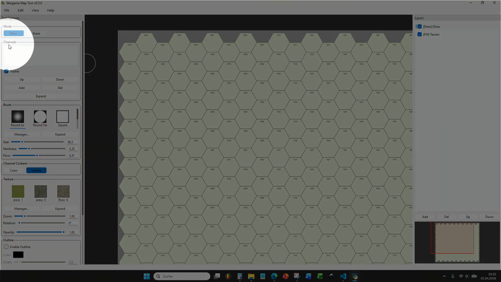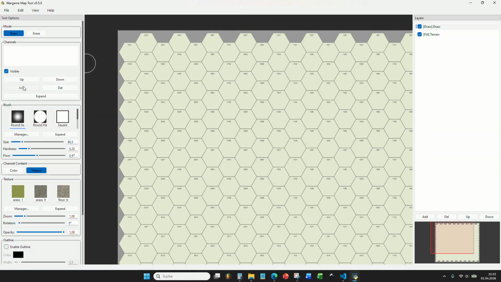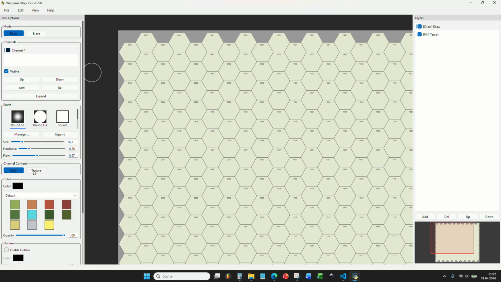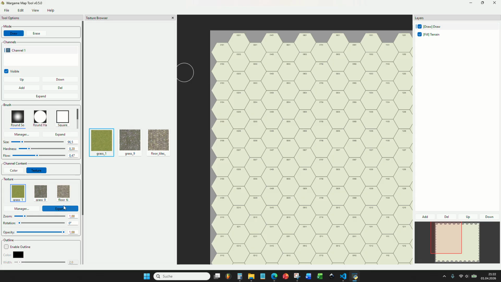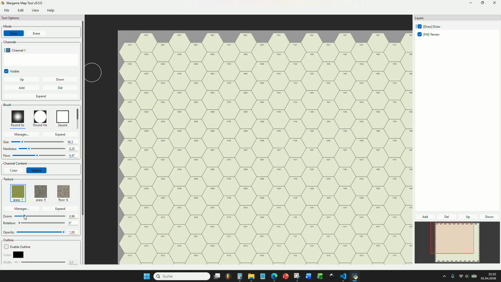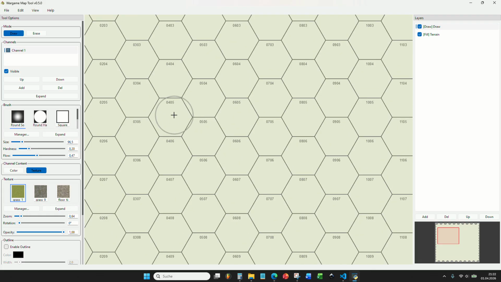So here on the left side, on the channels, you have to click add. Then a new channel pops up. You can rename it by double-clicking it. And if it is selected, you have either the choice to use a color or a texture. So we directly start with a texture. We select the texture we want, in this case grass. You also can expand your texture view here. And if we click on the map now, you will see